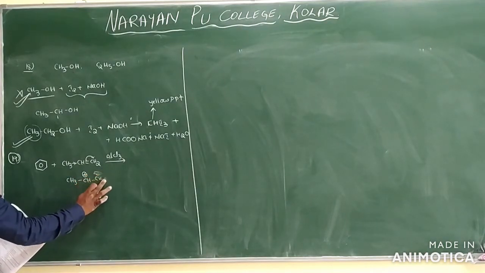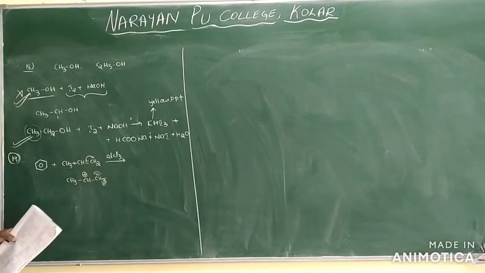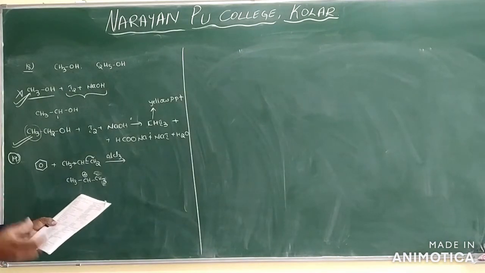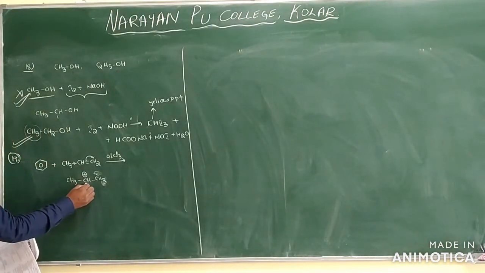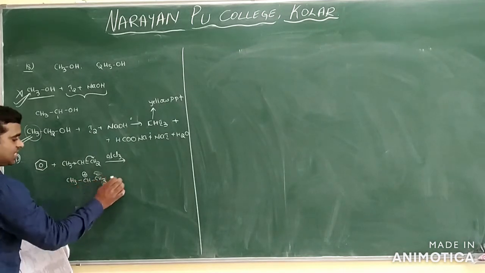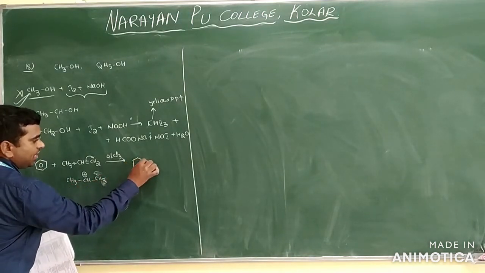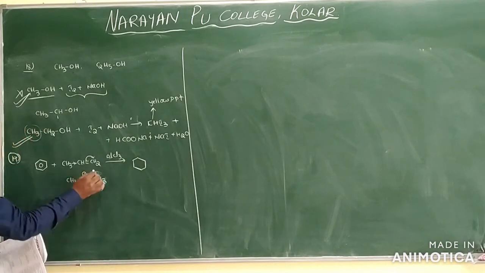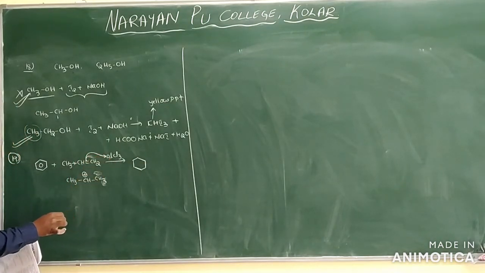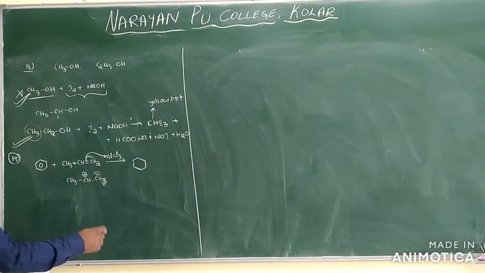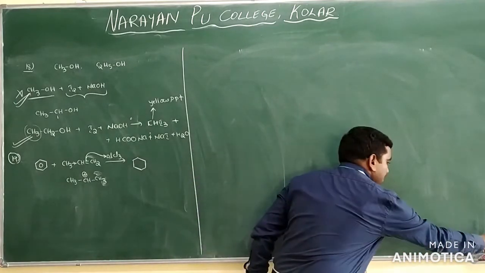This minus will take one hydrogen, because we use the acidic medium AlCl3. So the carbocation will be formed here, and it is an electrophilic substitution reaction. That mechanism is not required for you, and you can directly write